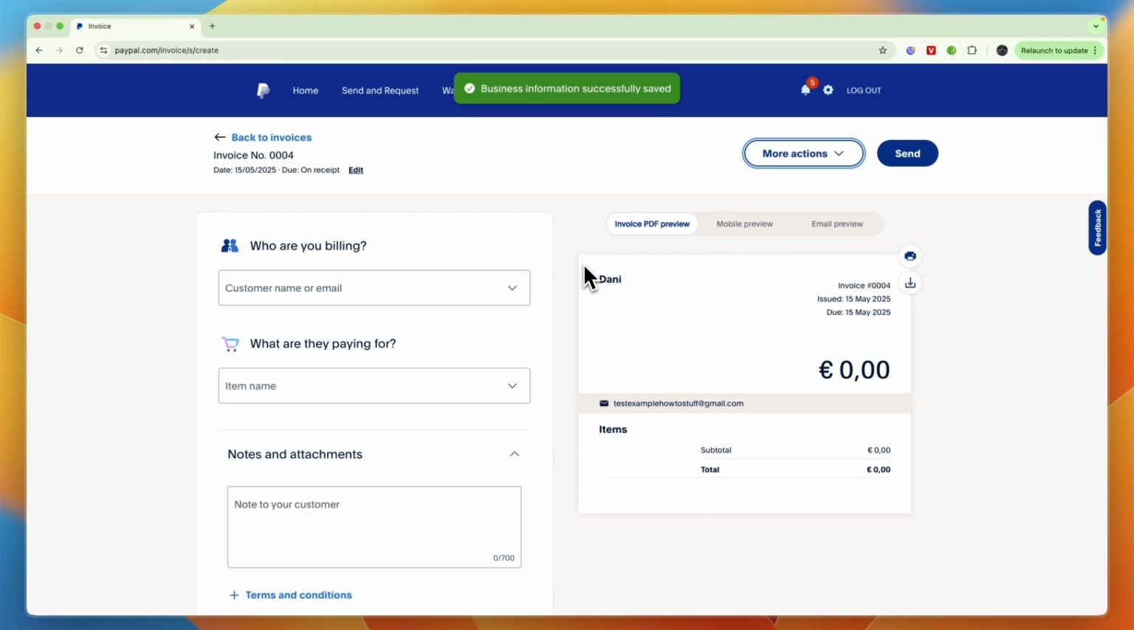In this video, I will show you how to add address details on a PayPal invoice. So you can add your own address details and those of the client or the customer. So to do this, what you want to do is just click first if you want to add your own